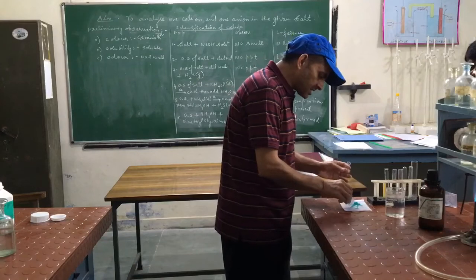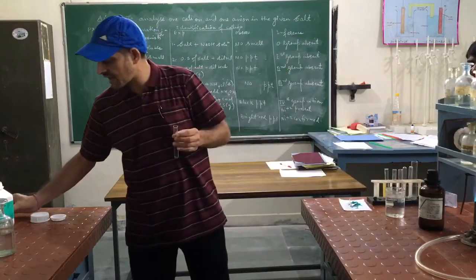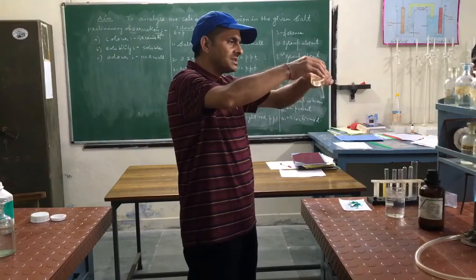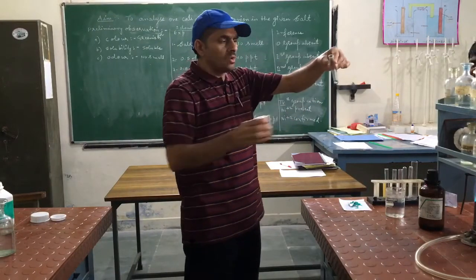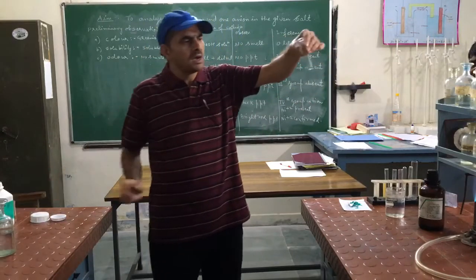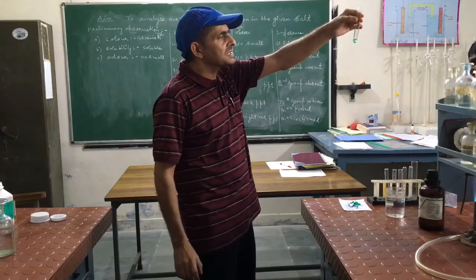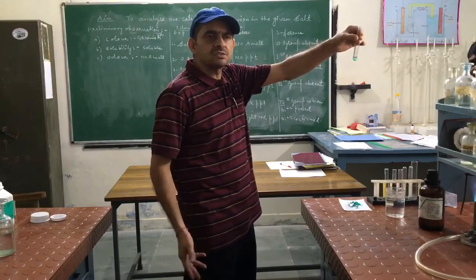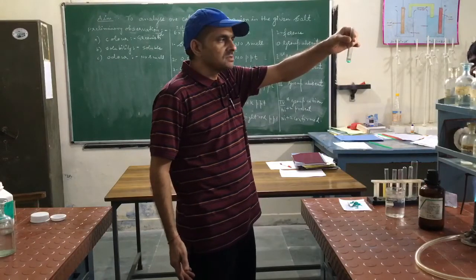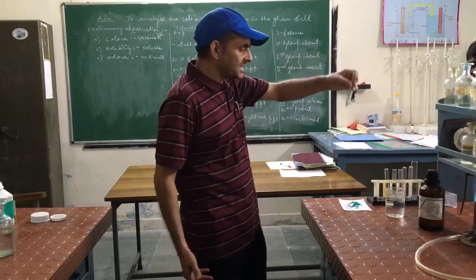Now we will move on to the concentrated H2SO4 group. Salt is taken in a test tube and we will add concentrated sulfuric acid. This is concentrated sulfuric acid. Still, no reaction is taking place. Neither gas is evolved. You can see no reaction is occurring, means chloride, bromide, iodide, nitrite, all are absent. So, which anion is present? Sulfate is left. Let us detect sulfate.